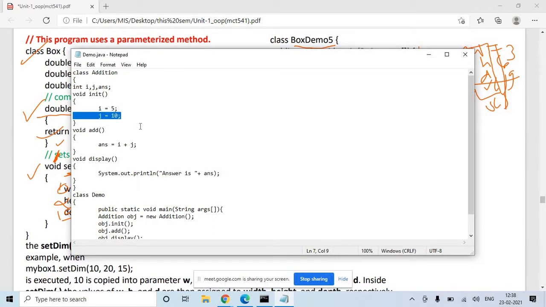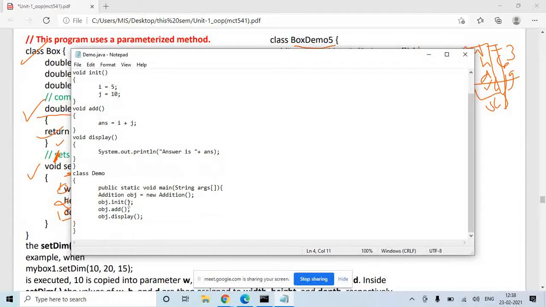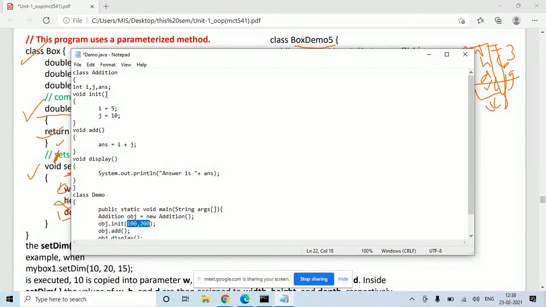Let's say you don't want to initialize it here itself. You want your user to pass the value. So instead, if you want your user to pass the value, say in the init function, let's say the user wants to pass the values 100 and 200. Since in the function you are passing two arguments, 100 and 200 of type integer, you will have to modify this function here: int x, int y.